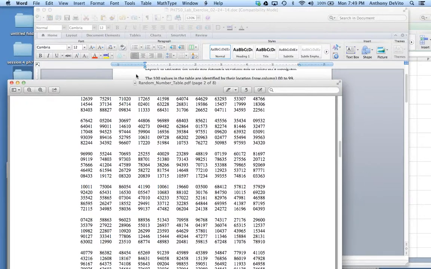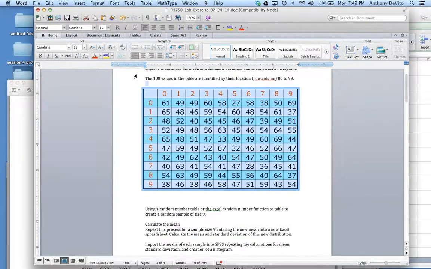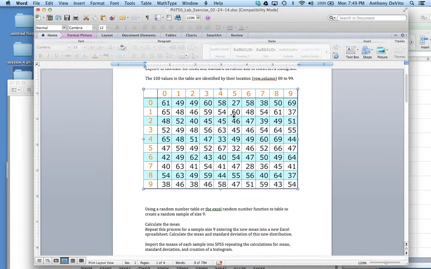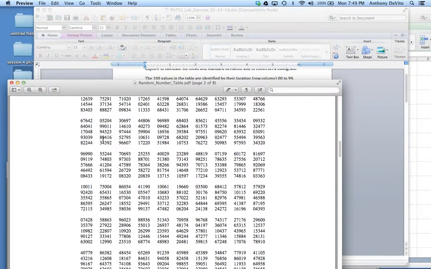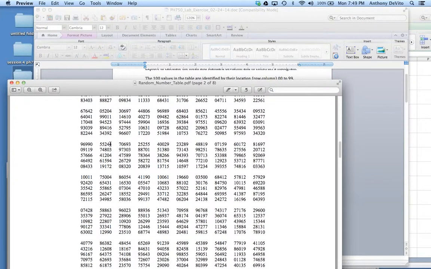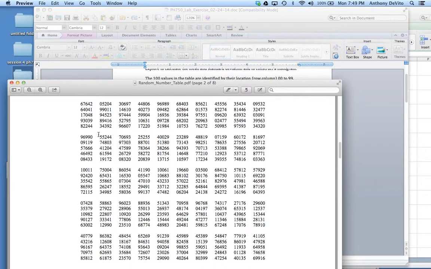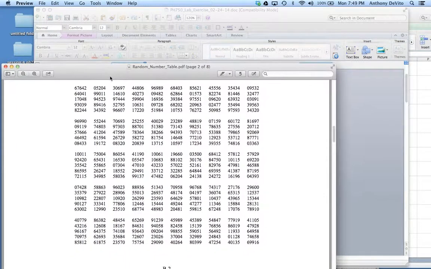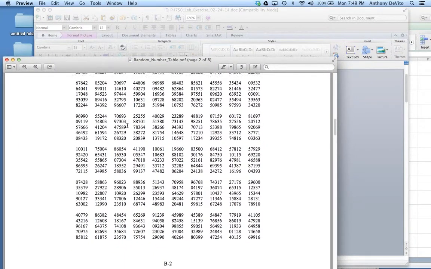The file should be available on Blackboard for you as an Excel file. It's pasted into Excel as a picture, so you can't actually copy it into Excel, but you should have an Excel file on Blackboard. Let me know if you can't get to it. I can quickly upload it if we need it. But you should see an Excel file on Blackboard.